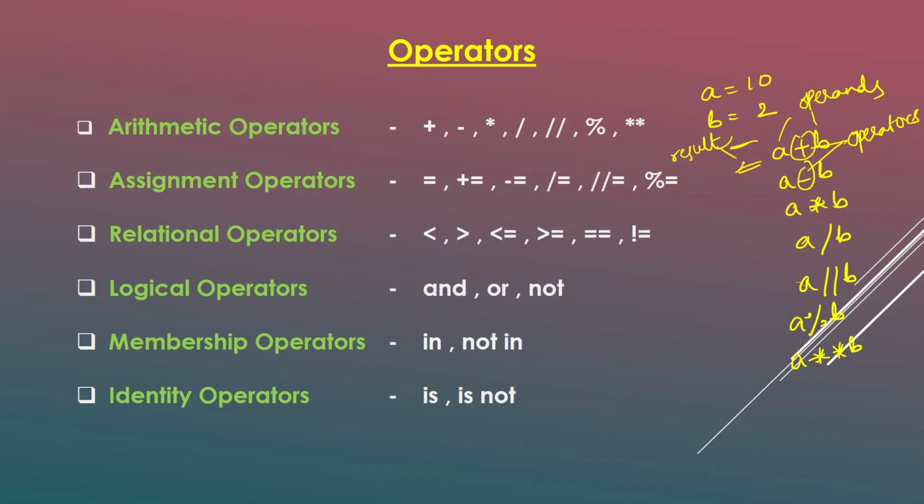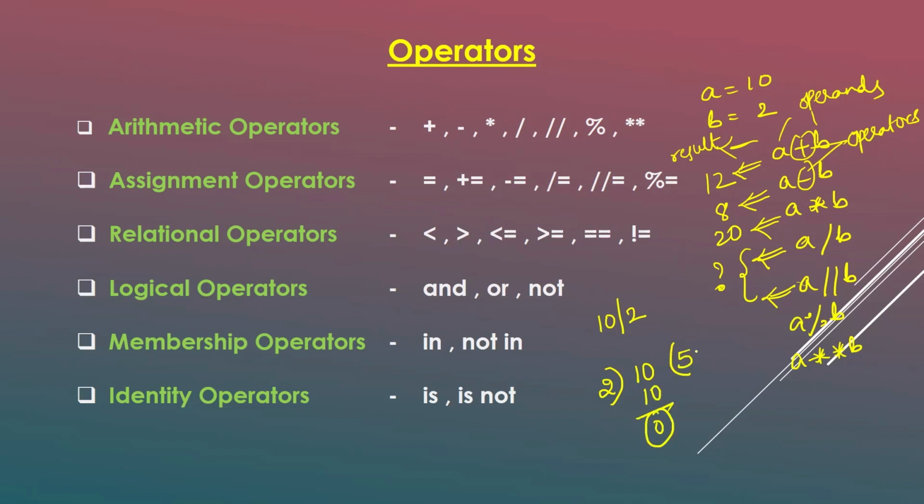The output for this, 10 plus 2, is 12. The output for 10 minus 2 is 8. The output for 10 into 2 is 20. The output for the division, we will discuss now. Here, A is divisible by B, that means 10 is divided by 2. 10 divided by 2: with what number? 5 twos are 10, so now we are getting a 0. This place we call the quotient and this place we call the remainder.